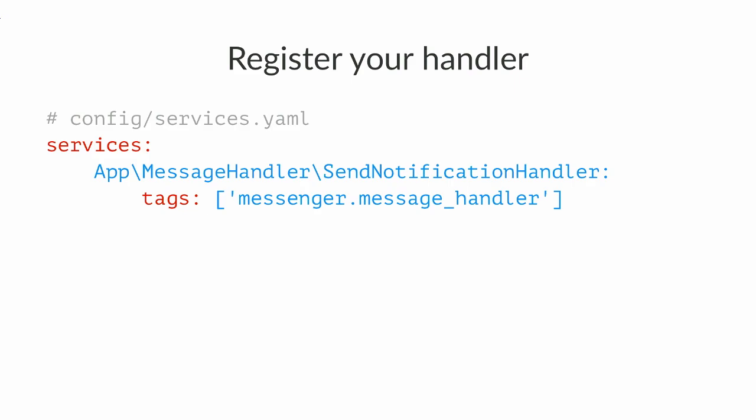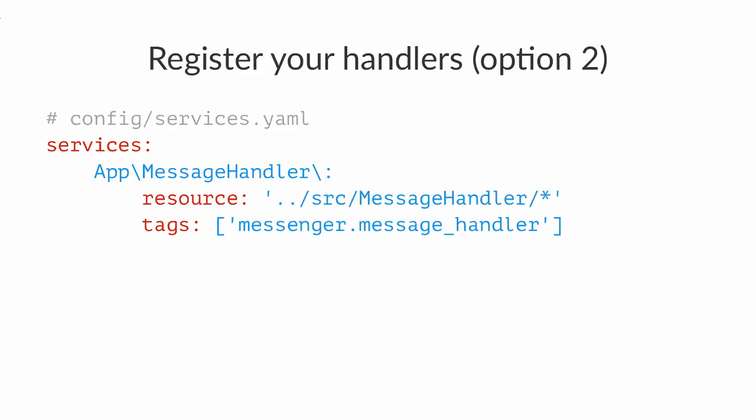Turns out it's not really convenient to do that for every single one of the handlers. So there's a second option. The second option is to use the PSR-4 locator. That's something that the documentation is not necessarily the biggest on, in the dependency injection container. But you can do that. You can actually say every single class in my message handler folder is actually going to be a message handler. Therefore, you can directly add the tag messenger.message_handler. And that's it.